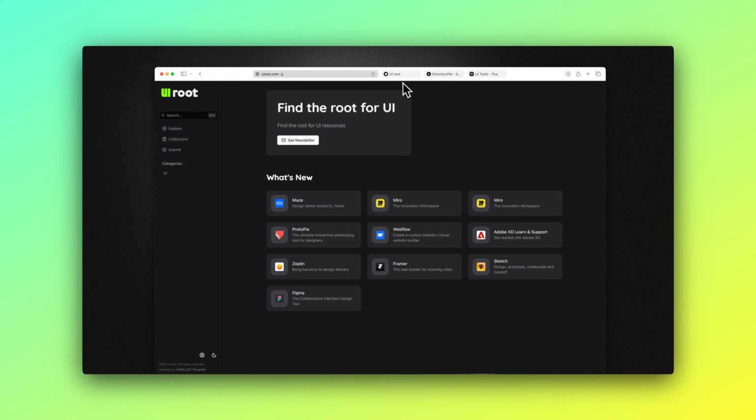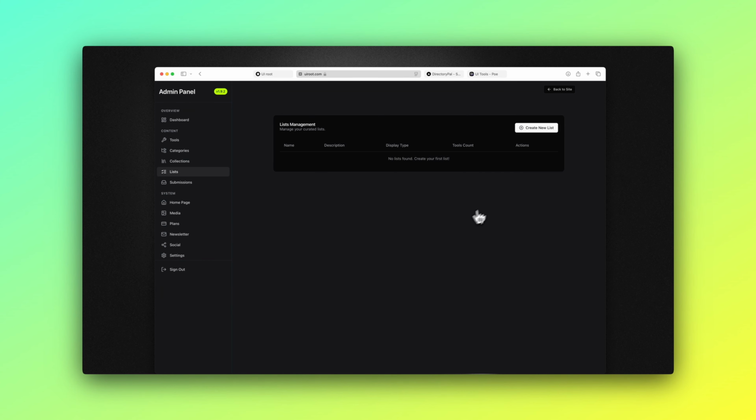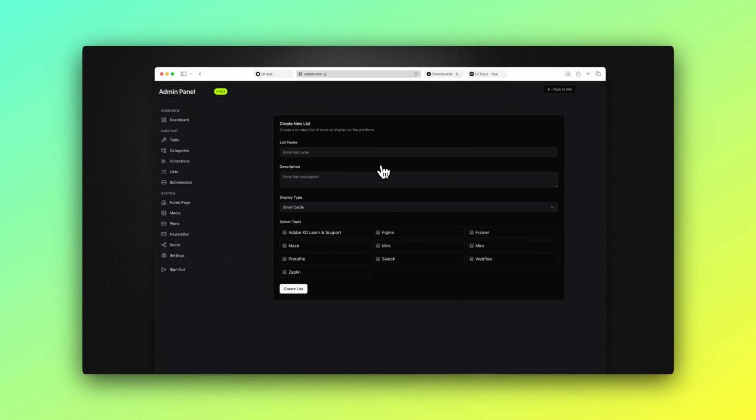Next, let's go back to the dashboard to create a new list. Lists are one of our key features. They let you display content on different pages. Here's a quick explanation of display types. You can set it to show as big cards or small cards, making your web page look more dynamic and flexible. Let me show you UI small cards,